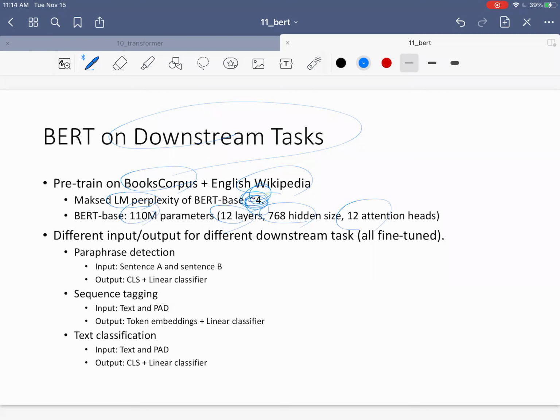Right, and different input and output for different downstream tasks. Actually, this is pretty natural. When you want to perform different downstream tasks with a pre-trained BERT model, you have to fine-tune BERT. And since each downstream task has different input and output formats, you have to massage the input and output specs a little bit. So if you're doing sequence tagging like NER